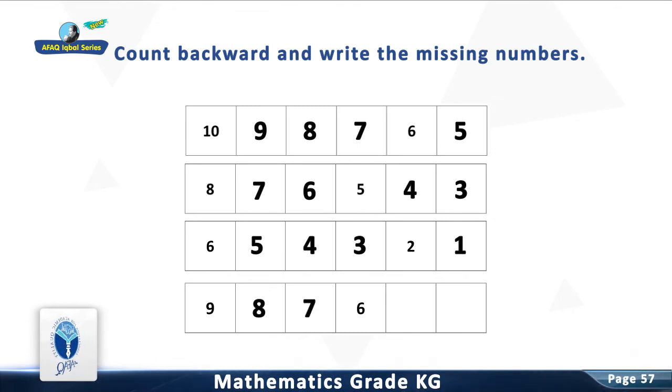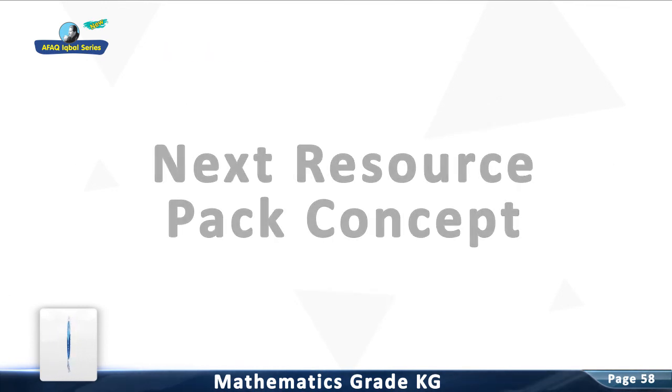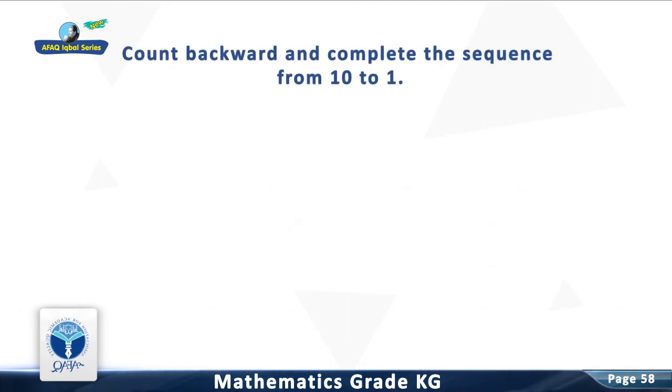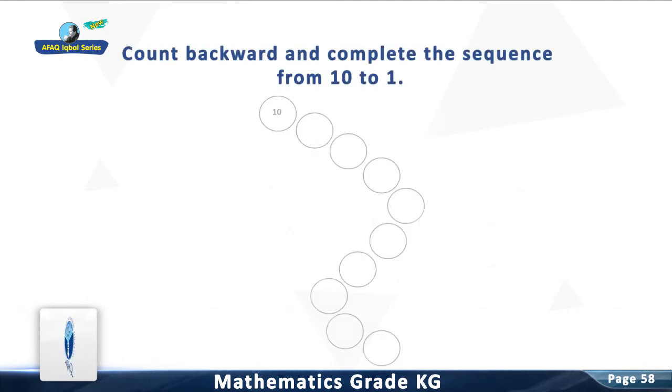Next. Good. It is 7. 6 is already written. Next. Good. It is 5. Next. Good. It is 4. Now we move to the next resource pack concept, count backward and complete the sequence from